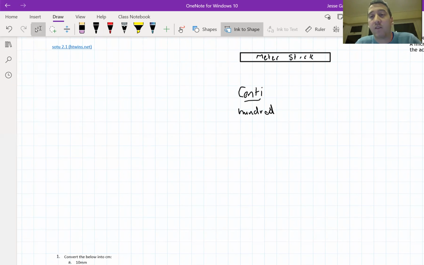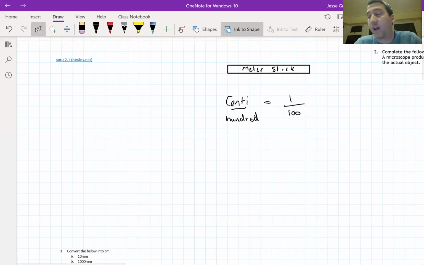Okay, centi. If you have a cent, you have 1/100th of a euro. So there are 100 cents in a euro. If you have a cent, you have 1/100th of a euro, and you need 100 of them to make a euro. So centi means 1/100th. It's a fraction. Okay, we write this like this: